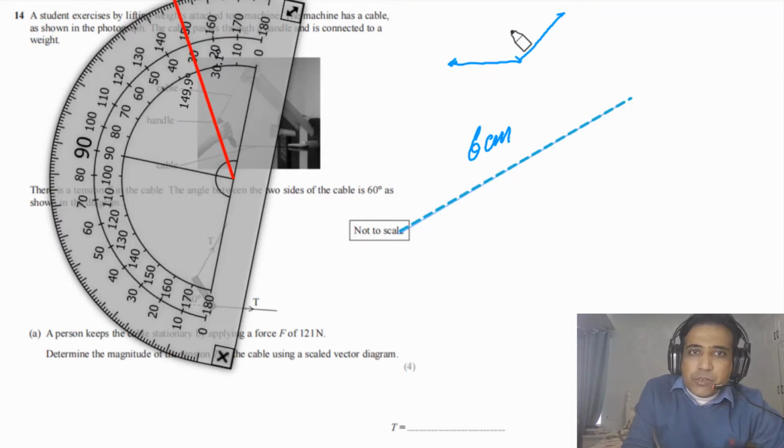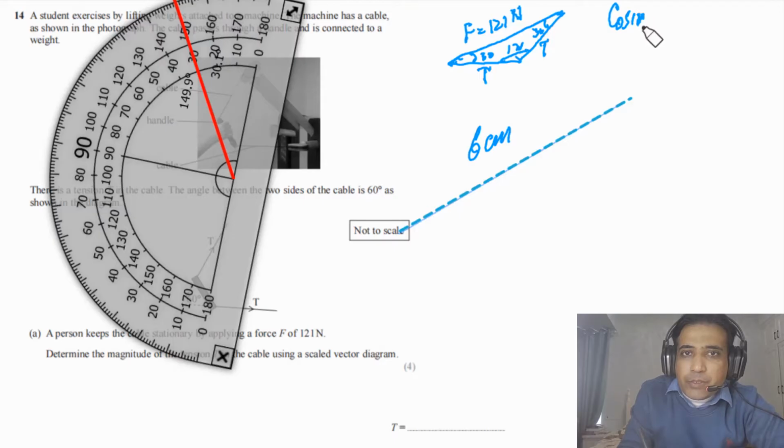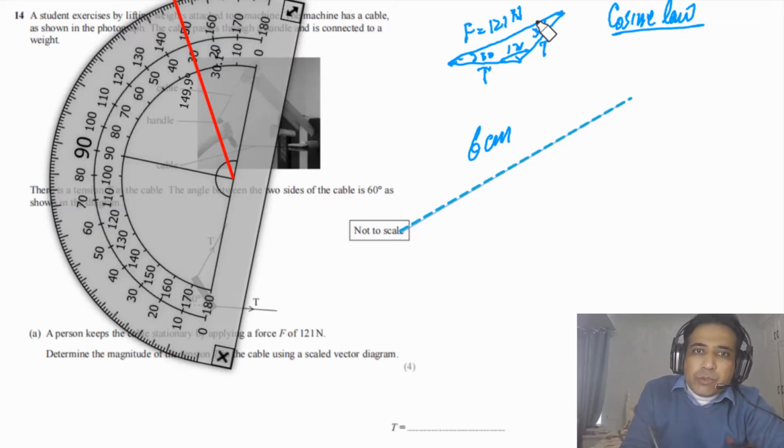So this is our previous triangle. We have said this angle is 120 degrees, this angle is 30 degrees, this angle is 30 degrees, and the force is 121 newtons. So now we need to find the value of T. The value of T we can find using the cosine law, between this side and this side. So in this case T squared will be equal to